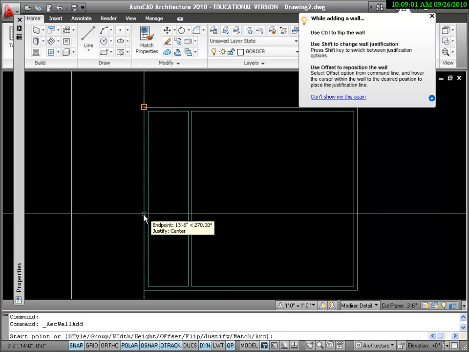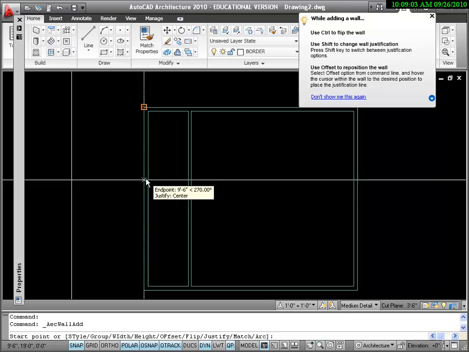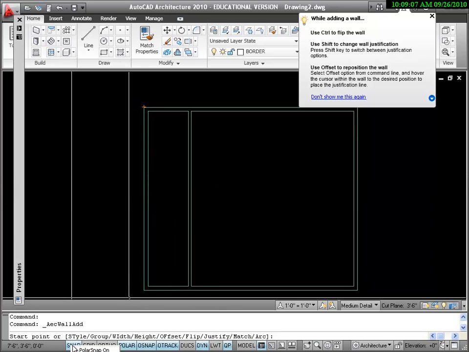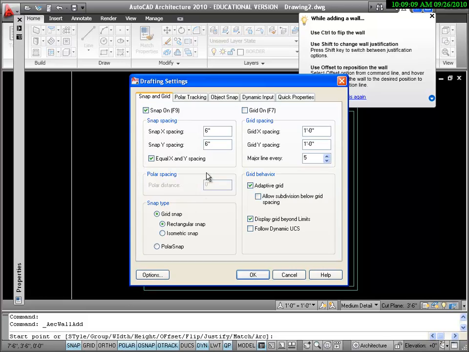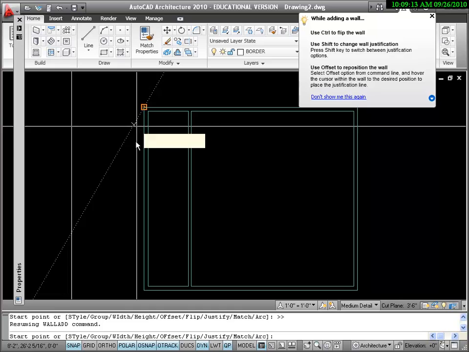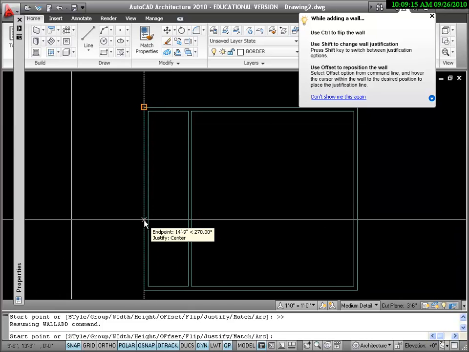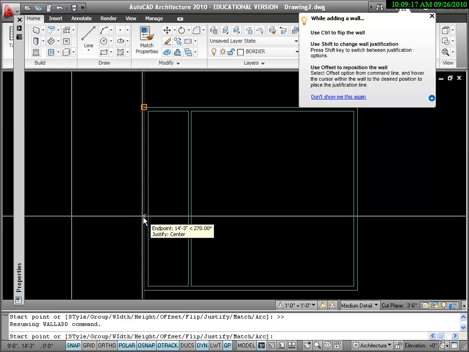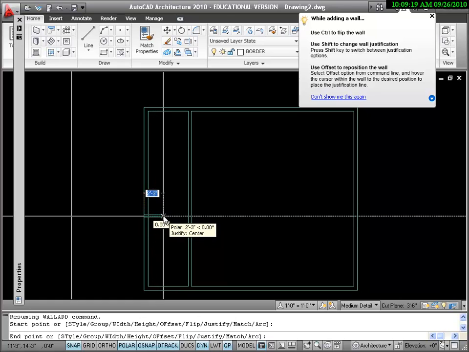And I'm not getting a readout of 14 feet 3 inches. Earlier I had set our snap on 6 inches. We probably should change that. So let's right click on our snap, change the settings to 3 inches for now. Now let's see if we're getting 14 feet 3. There we go. So from there 14 feet 3, and then we just drag it over till we're lined up